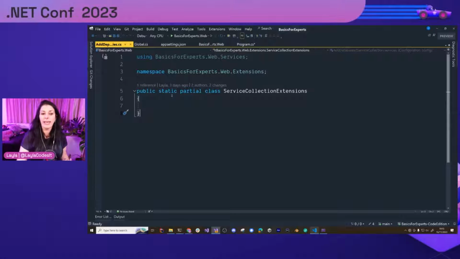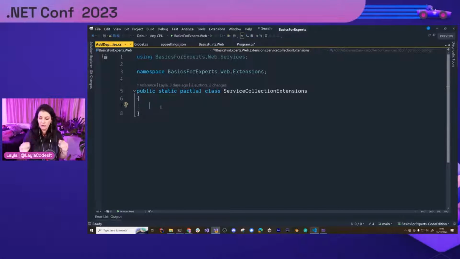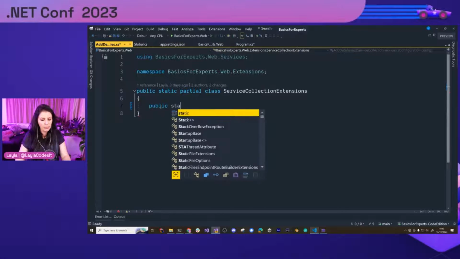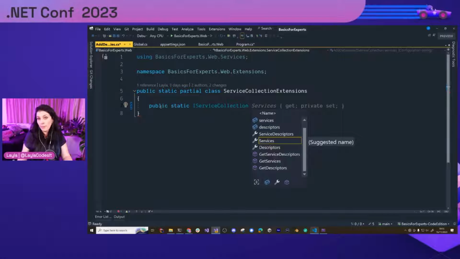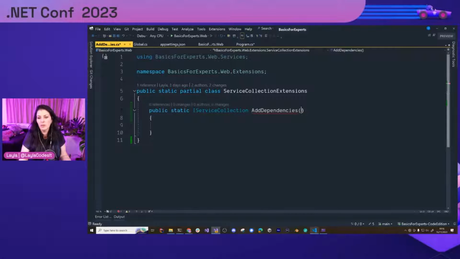So this needs to be a static class. Doesn't need to be partial. I like to have them partial because I like to call them all service collection extensions, but that's a matter of preference. This can be called whatever you like. So we're going to write the extension method in here, which is public static, and this needs to extend our IServiceCollection. It could extend web application builder if you like, but that's not my preference. So we're going to go add dependencies. This is a very generic name. You can call it something more specific to your